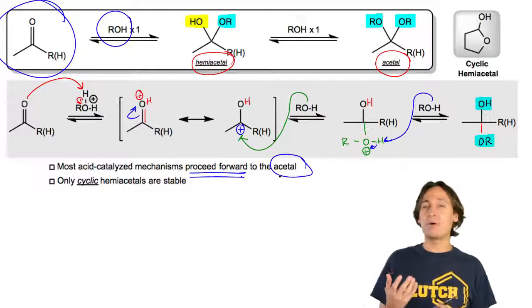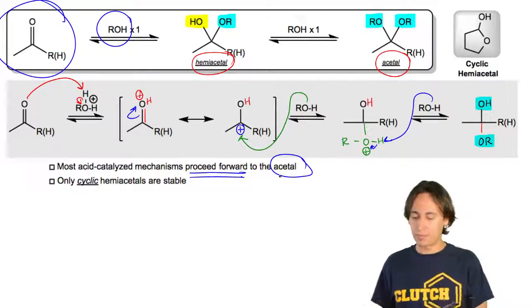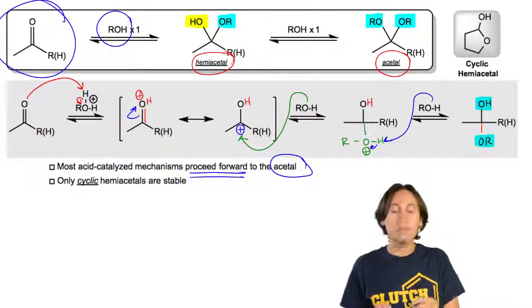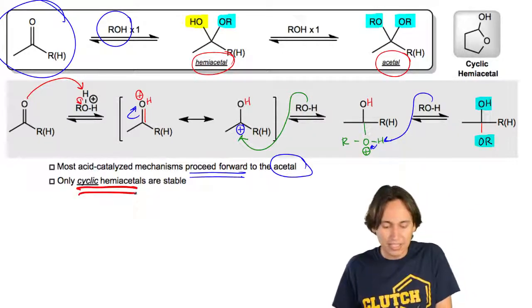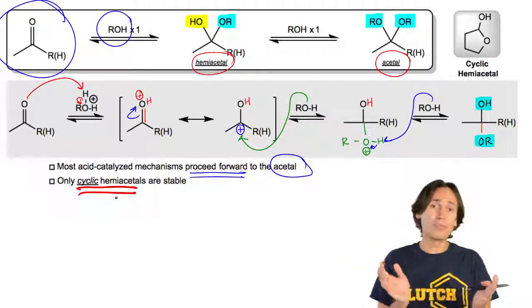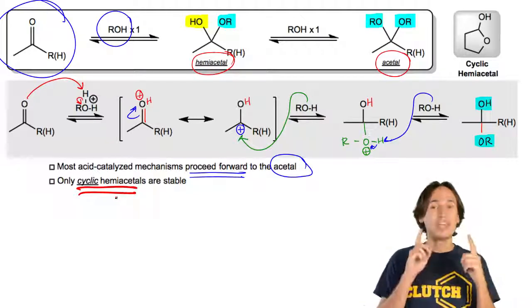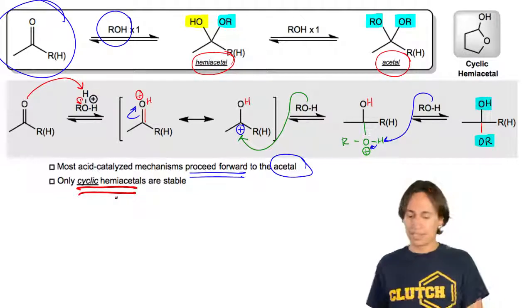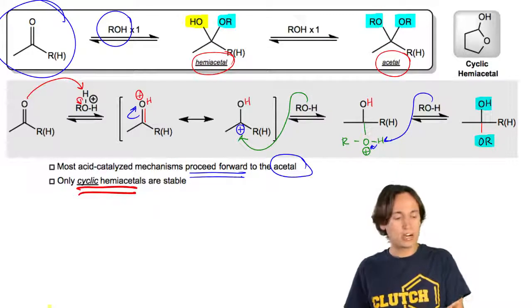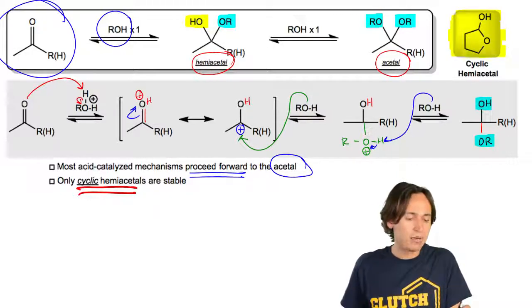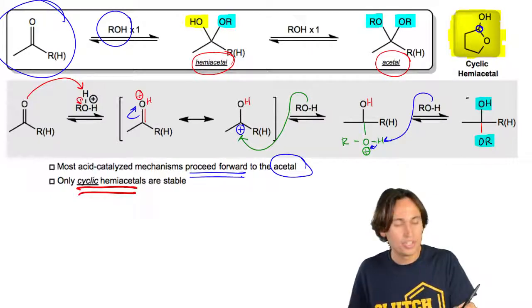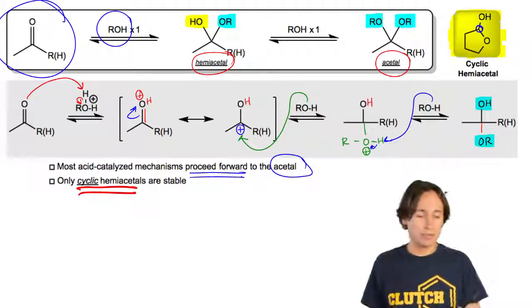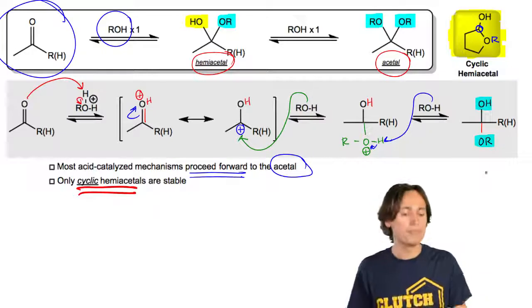So you're thinking, how do I make sure that it will be a hemiacetal then? Well, the only way to really make sure that it stays as a hemiacetal is to make it a cyclic hemiacetal. If you can form a ring with that OR group, then it can end at the hemiacetal, and this would be our example over here. Now notice that my carbonyl carbon actually was this one. This one is attached to an OH at the top, an OR at the bottom, and that means if you